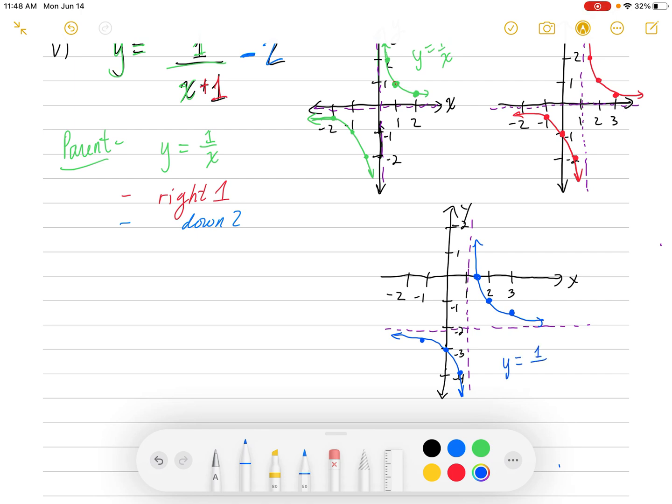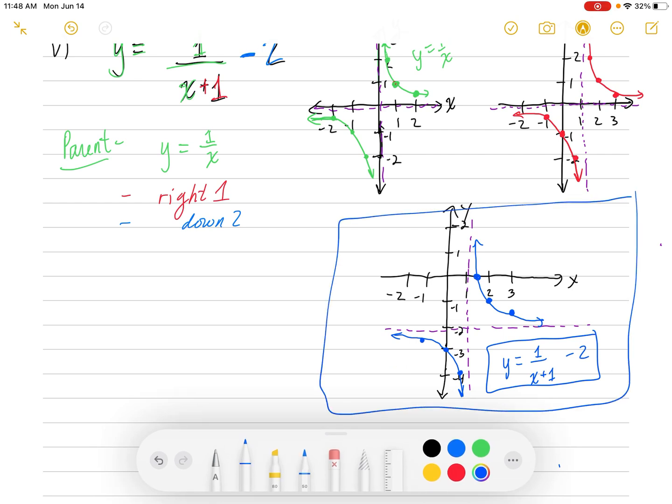So those are your points, and you connect those, and you get this. This is our final graph here. This is y equals 1 over x plus 1, and then minus 2. This is it. This is the final graph. All right, so I think that should be enough